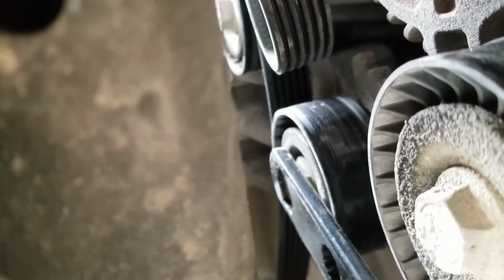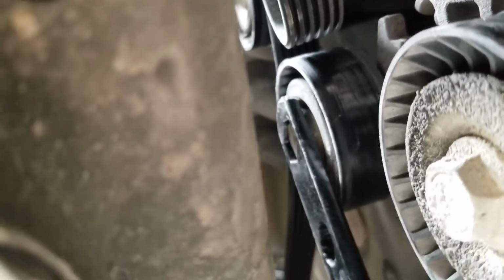Now of course we're going to change this idler tensioner as well, and this is where you need this, because it's a left-hand thread, so we've got to get into here and take that off. These are all the